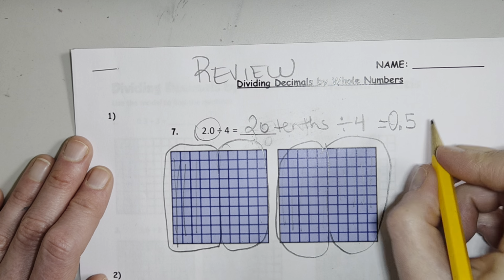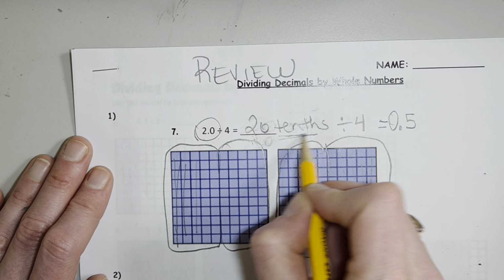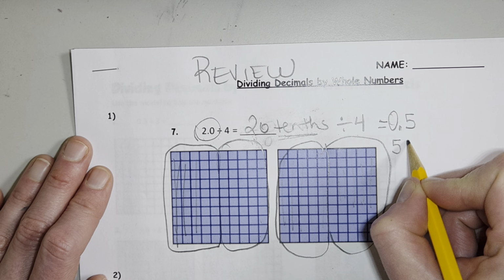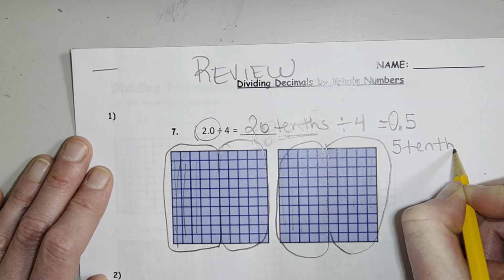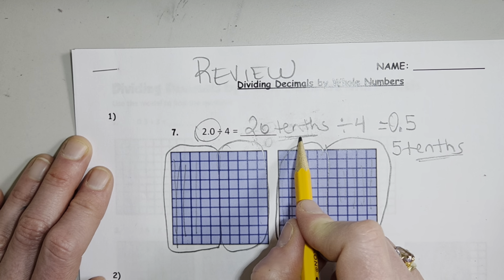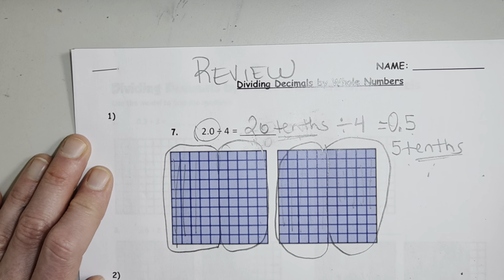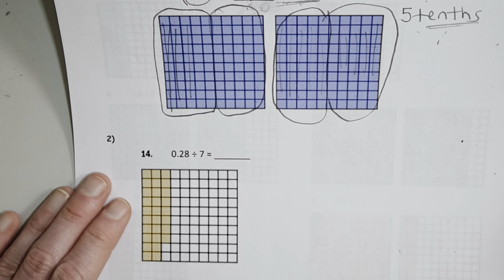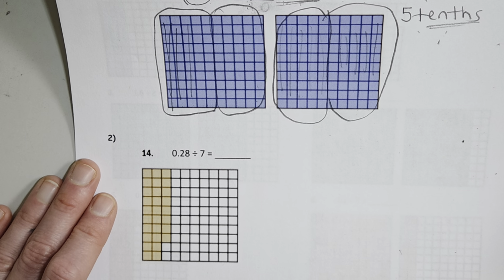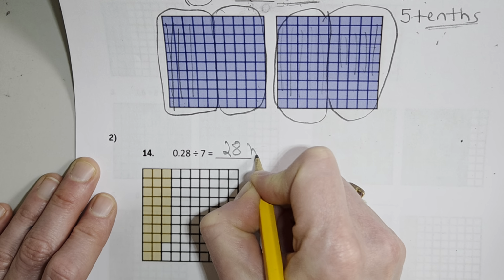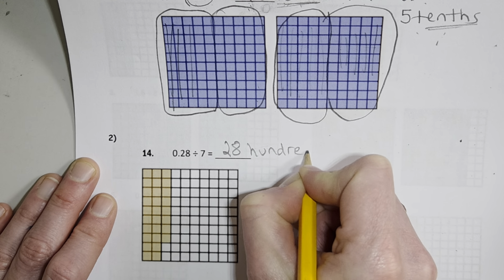And actually, the rule for this is, if we're talking about tenths, our answer is going to be in tenths. We can write out tenths, but really I want to see it as a decimal. Okay, this one, are we talking about tenths or hundredths? We're talking about hundredths. So we're talking about 28 hundredths